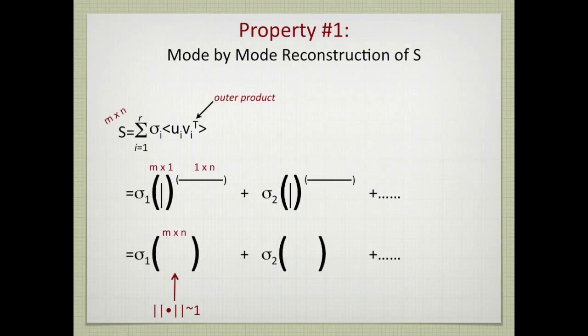This means that in the summation, we are adding up matrices that are all of size 1, if you will, on the order of unity, and we are multiplying them by the sigma factors that now become scaling factors. So if sigma 1 is the biggest, let's say it's 100, that first term in that series will be of magnitude 100. And if sigma 2 is, say, 10, that means that the next term in there will be of order of 10. If the third sigma factor is 1, the third term will be on the order of 1. So you immediately see how much each one of these terms in that summation contribute to the reconstruction of the